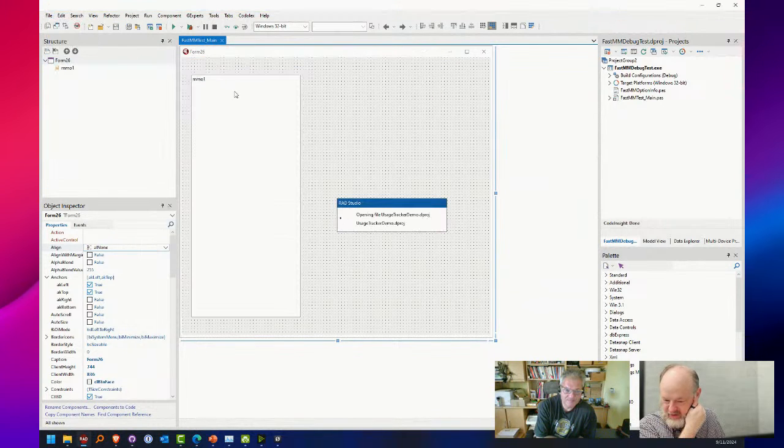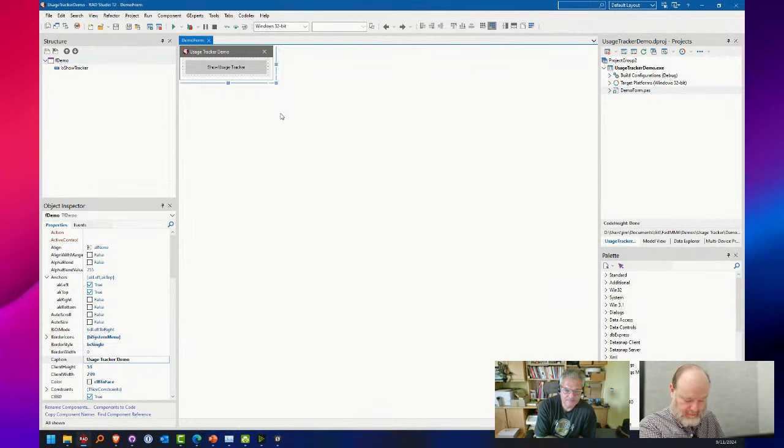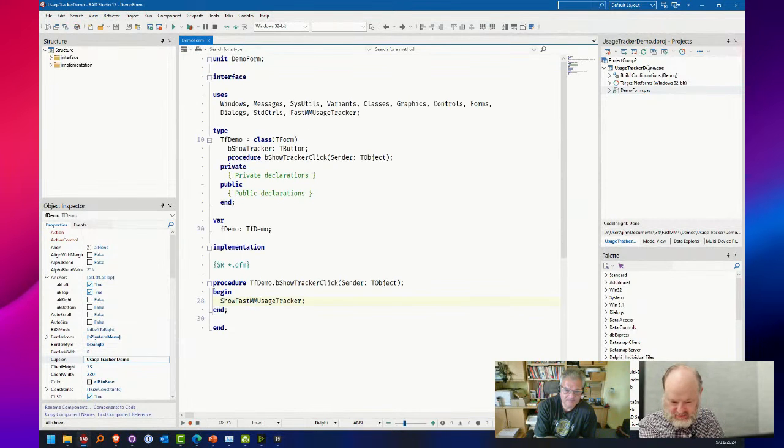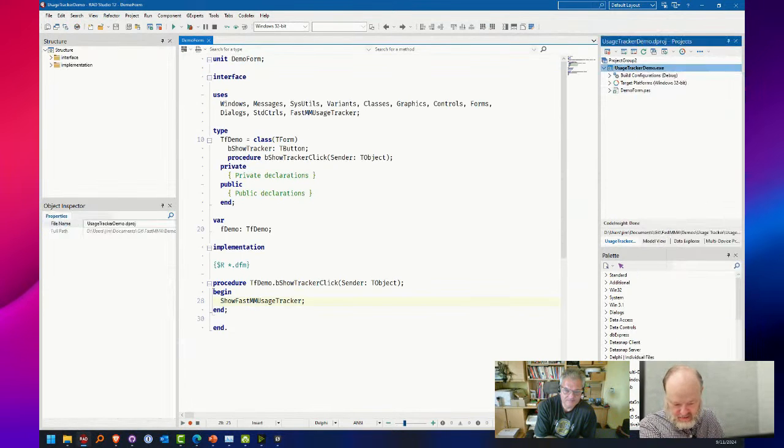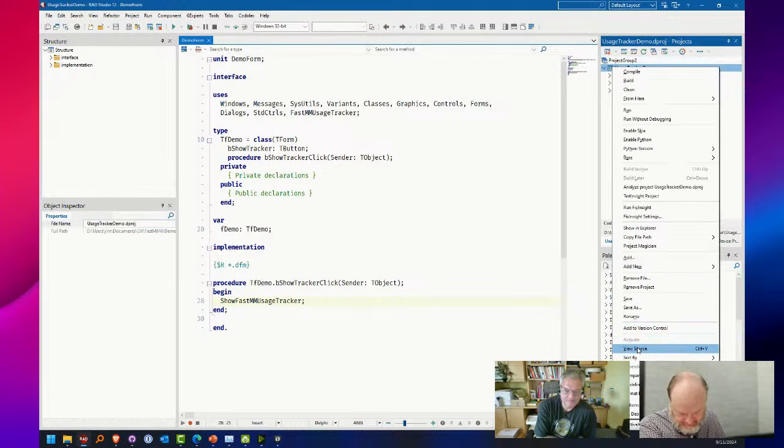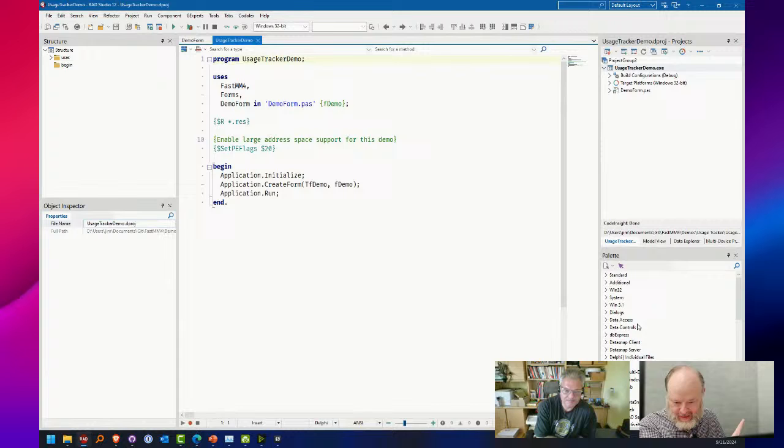This is one of the demos that ships with FastMM. FastMM is at the top of the uses clause, so that's what you have to include.